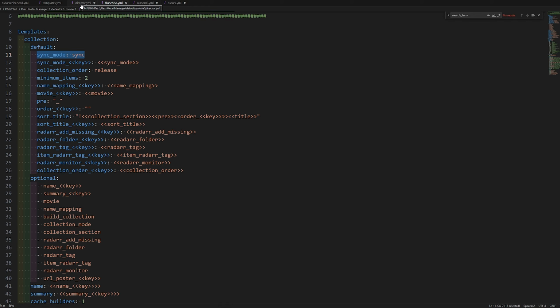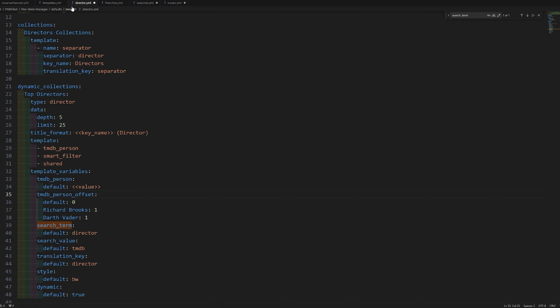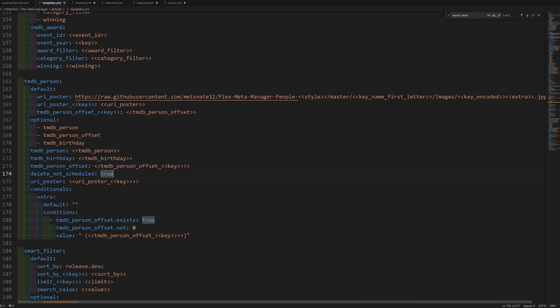So somebody could theoretically, rather than doing sync mode key, define the overall default sync mode, right? They could just say, well, I want the sync mode template variable to be append for everything, not just a key. So they can also define that. Whereas in this example with TMDB person offset, they could theoretically just put TMDB person offset 2. So that way, even if there's no key defined, right, every single TMDB person, their summary would be offset by